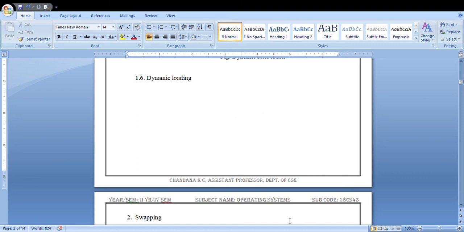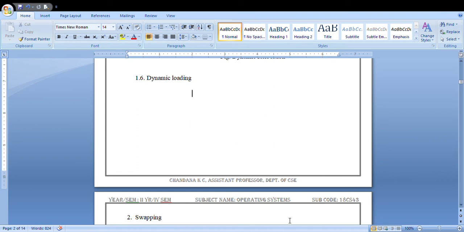Storing data into memory that way is dynamic loading. What is the use of dynamic loading? When the user program size is large compared to the memory size, programs or processes are dynamically loaded into memory as required.